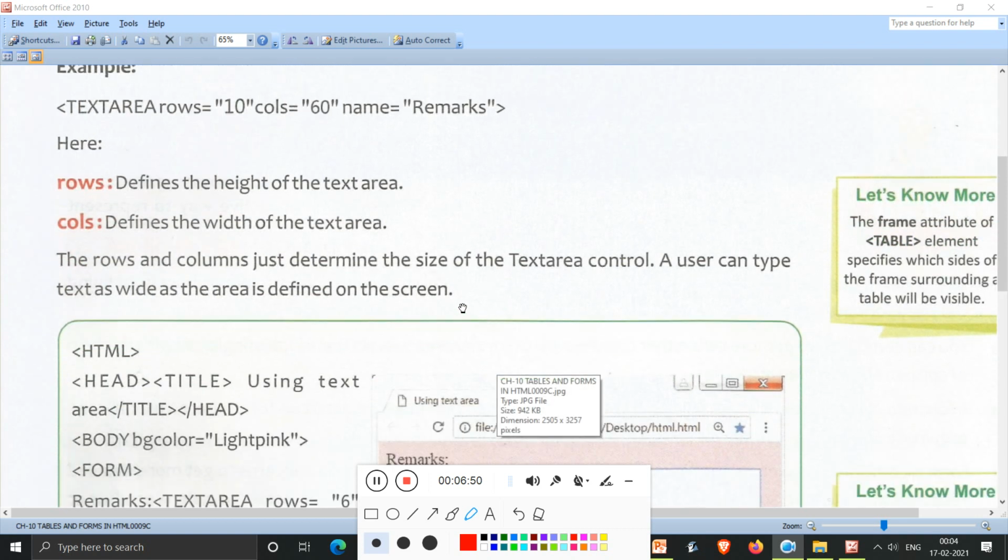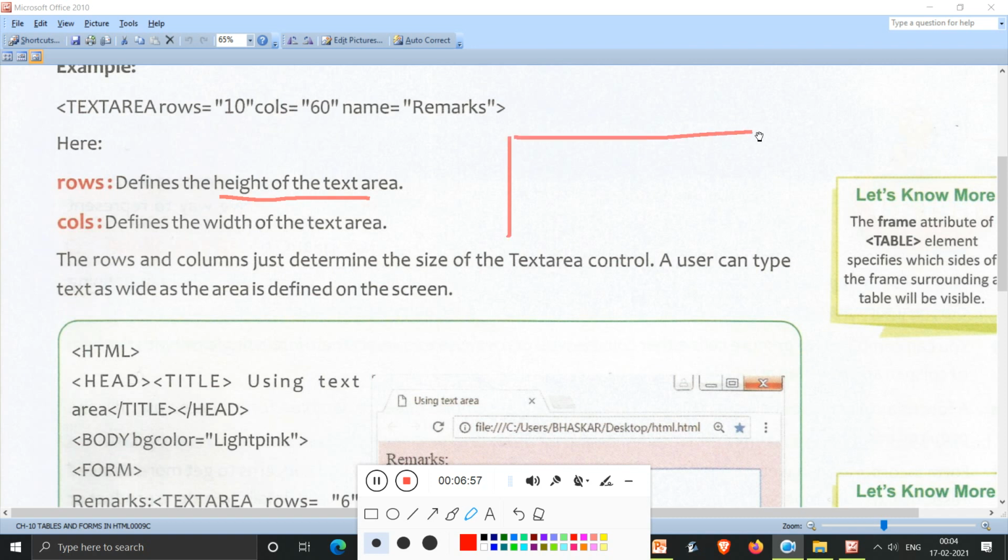Now here, rows define the height of the text area. I've already told you that if this is your box, then rows is going to determine what? The height of your text area, and cols defines the width of your text area, this particular aspect. Okay, students.